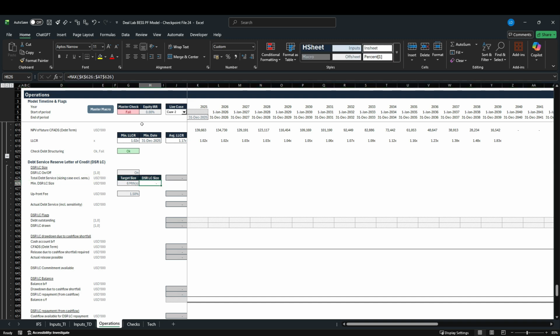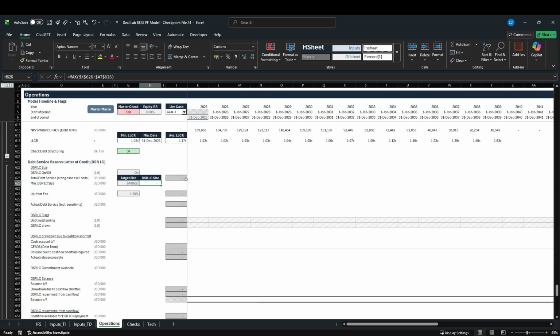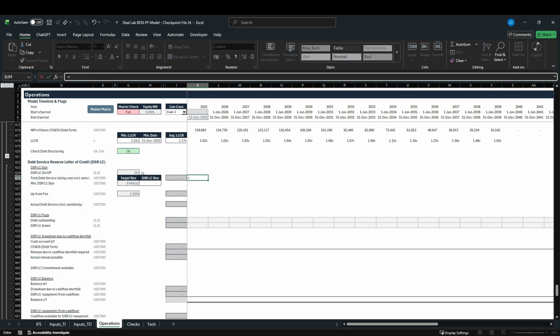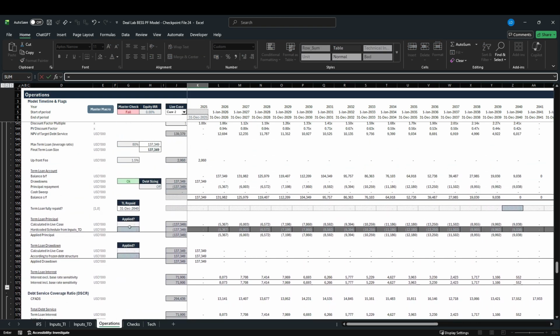And we'll take the maximum thereof. So we will look at the maximum forward-looking debt service, which will then determine our DSR LC size. And to do this, we first have to pull in our debt service. So let's go in row 625, and that is going to equal to, let's scroll up to our debt section,